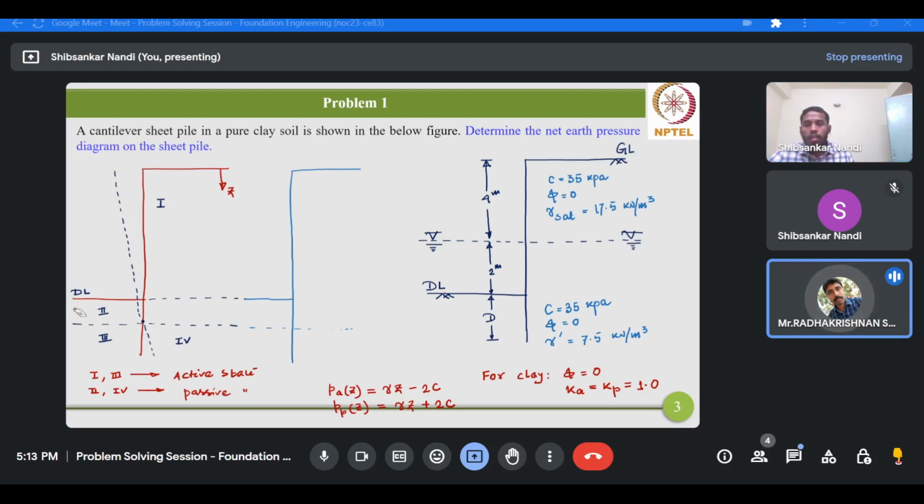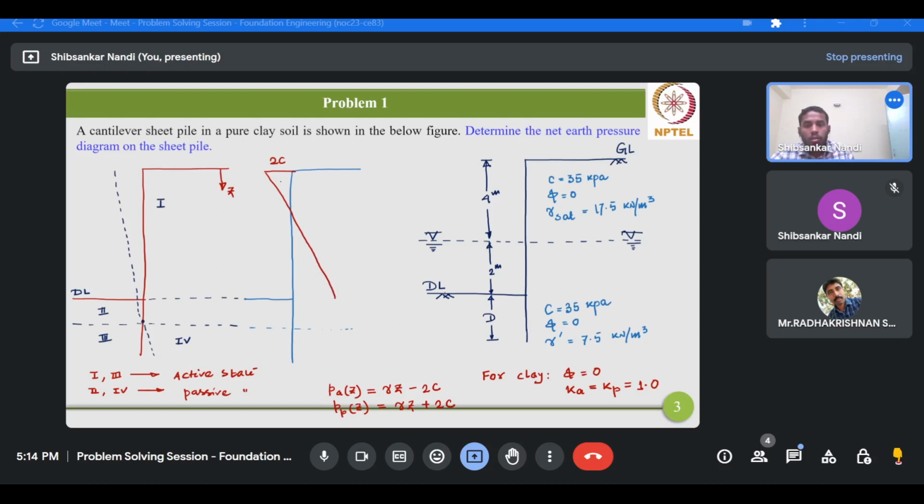Now, as you can see, at the top of this backfill, that is at Z equals 0, your first component will be nullified. This component will not be there. So it will have only the minus 2C value. So you have a negative pressure at the top of the backfill, with a magnitude of 2C. Now as you go below inside the backfill,